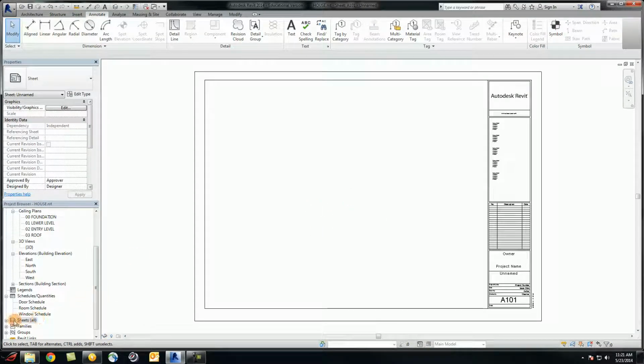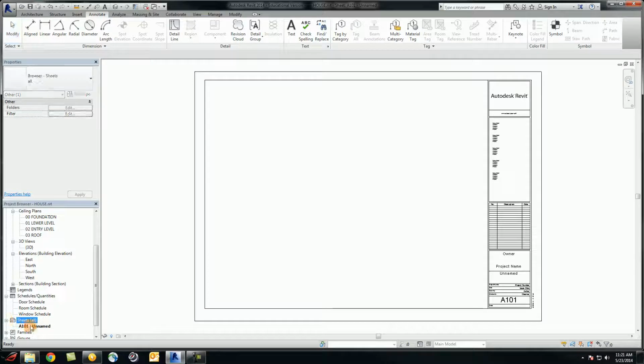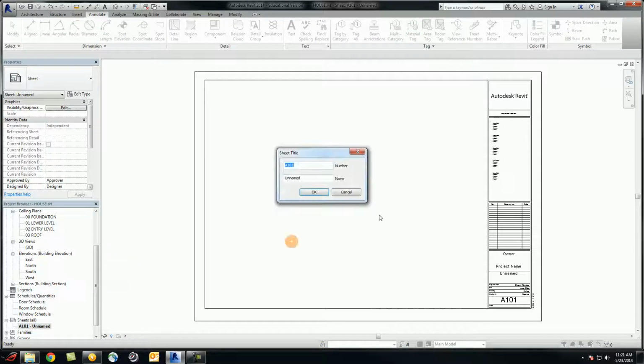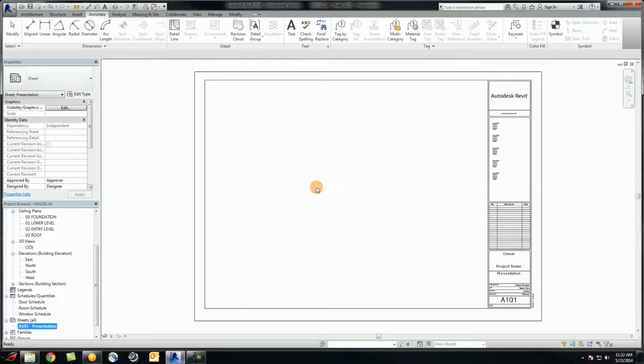And the next step, I open up the browser, see that there's sheet A101 available. We're going to change the name. Right click on this particular sheet and rename it. We keep the number A101, but we change the name to presentation. Hit OK. Now it's called presentation, and it shows the name of the sheet